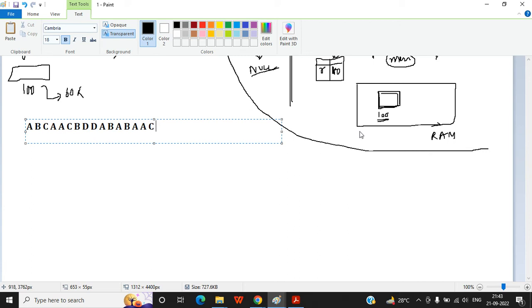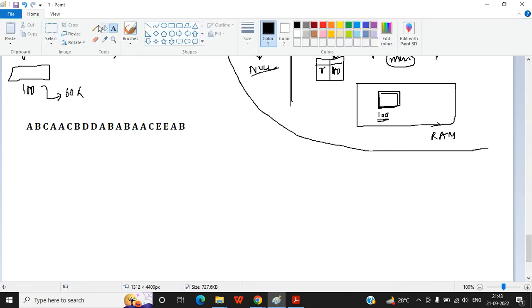Then a b c d e, and a, say b, so total 20. Now we have a total of 20 alphabets or characters.